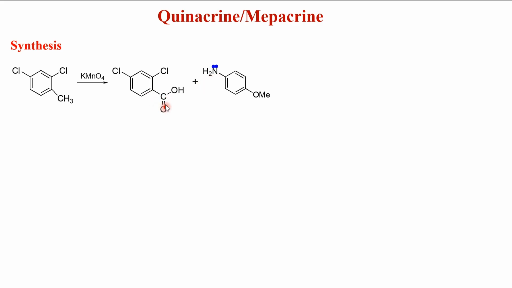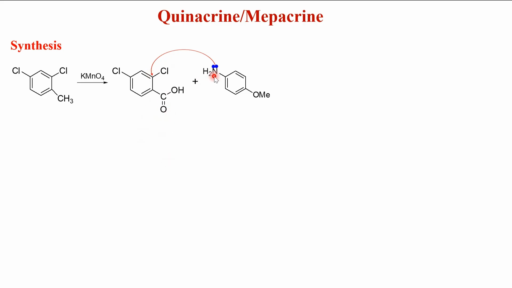The carbonyl carbon is a positive center owing to the electronegativity of the oxygen. And here this carbon of the benzene ring is also an electron deficient center owing to the electronegativity of the halogen. We have two positive centers over here,